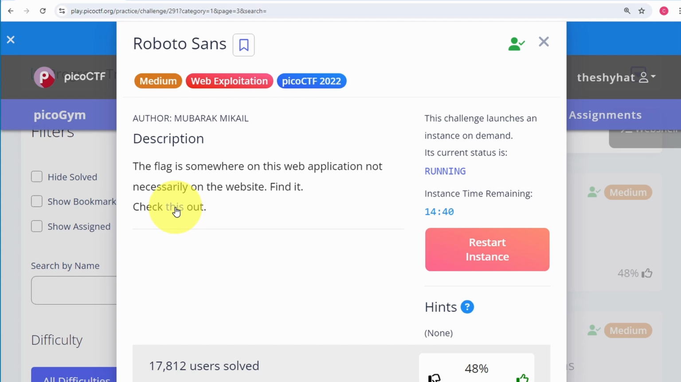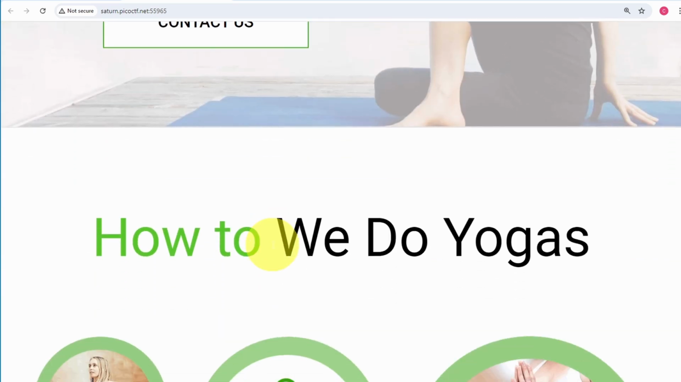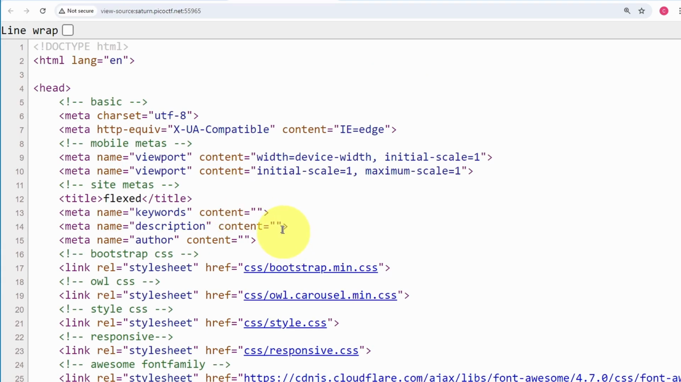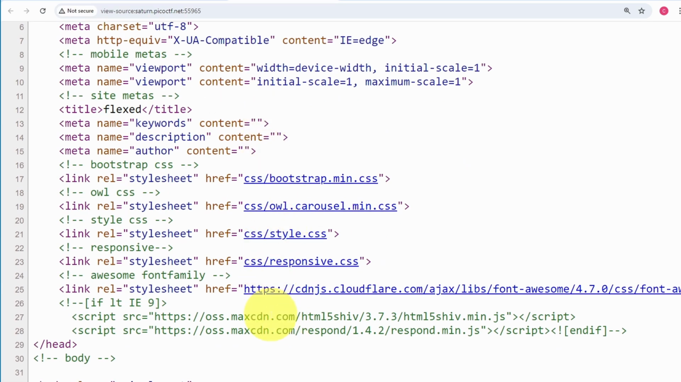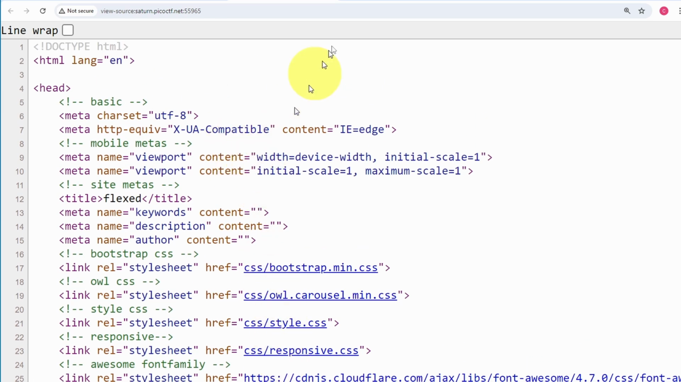So what we need to do is right click on this and open it in a new tab. And then we can access the website from the new tab. The new tab is some sort of fitness website. And we could probably look at the page source by using the Control-U keyboard shortcut. It has a bunch of links that go to different pages, but we don't need to necessarily look at these